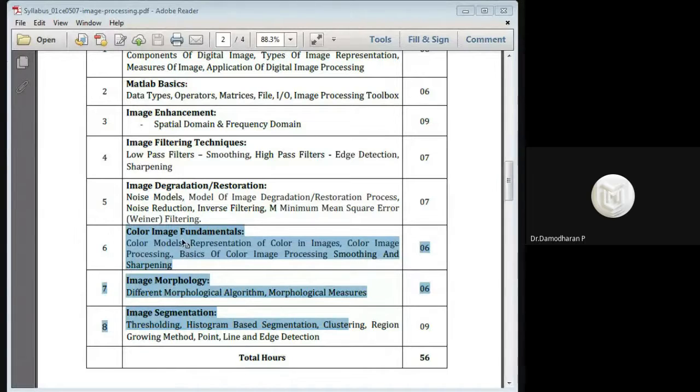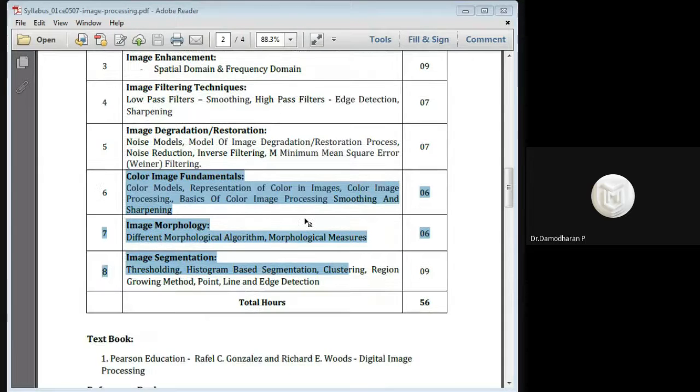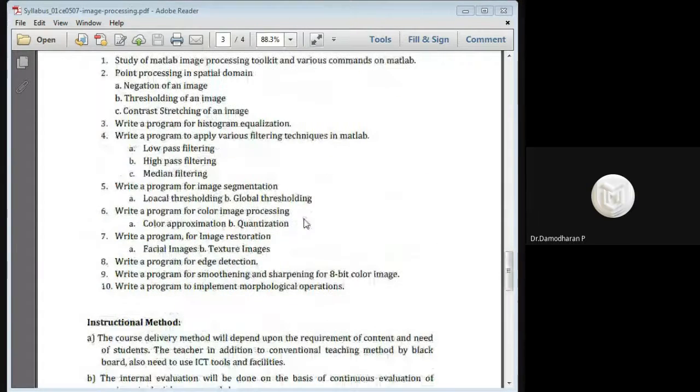Unit 6. Let's start with colored image processing and its basic steps. Today we are going to discuss programs for color image processing. In this, there are two parts: color approximation and quantization.